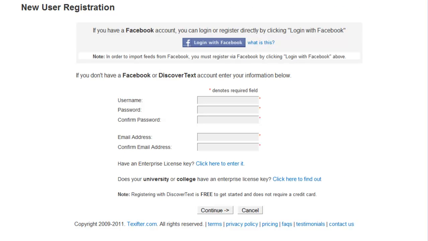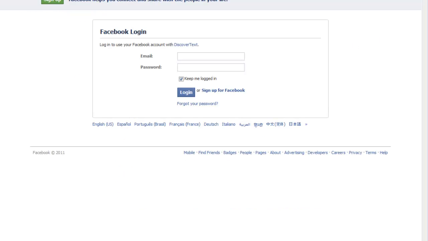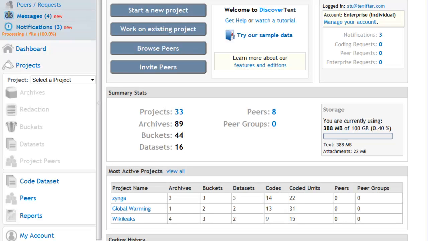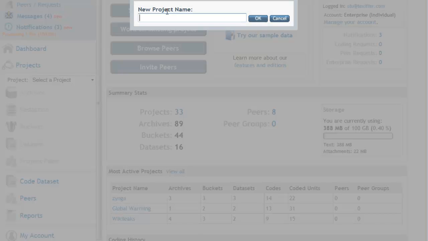I'm going to log in using my Facebook credentials because that also gets me the ability to harvest content off Facebook, which is covered in a separate video. So this is the landing page in DiscoverText. It's the dashboard. If you want to start immediately harvesting Twitter tweets, click on the Start a New Project button